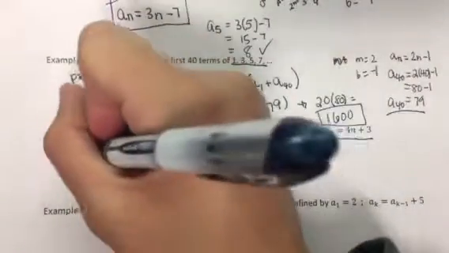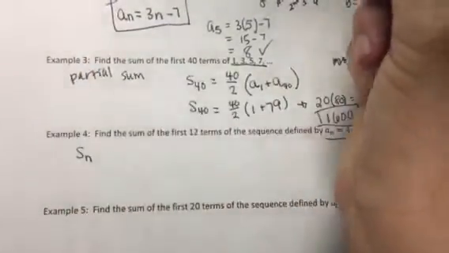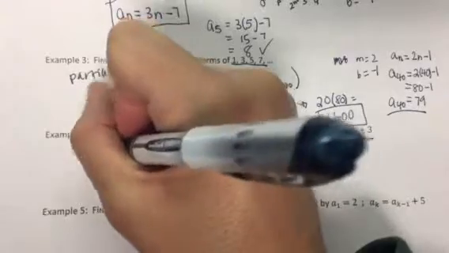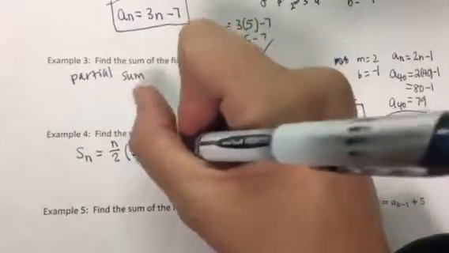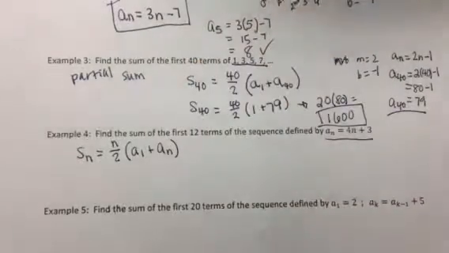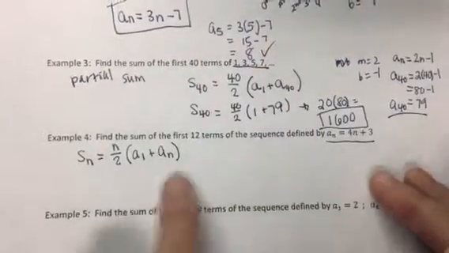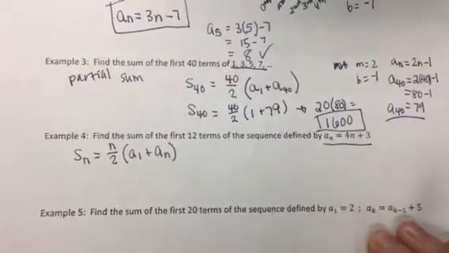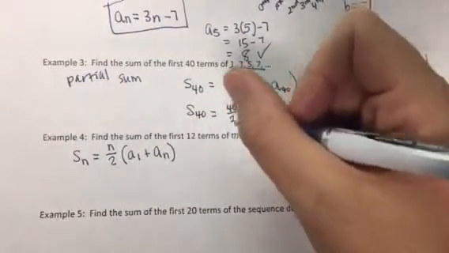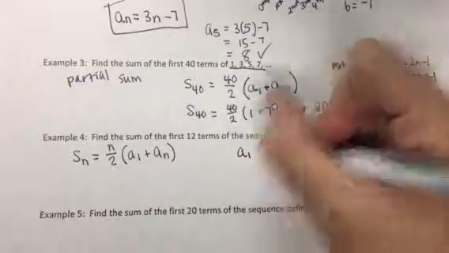So the sum of the first 12 terms, I'm going to just leave n in it right now, will be n over 2, the first term times the first term plus the last term in our sum. So we know by looking at this that we need our first and 12th term essentially. So in order to do that, I'm going to first do a sub 1